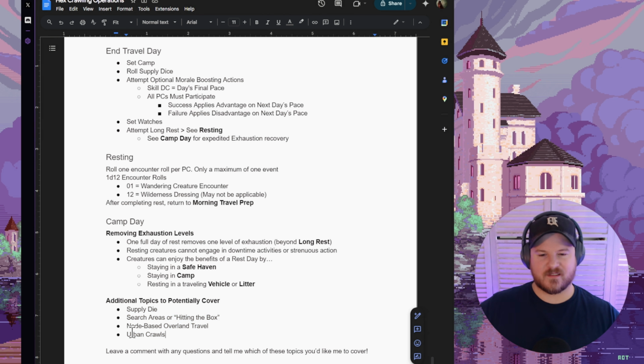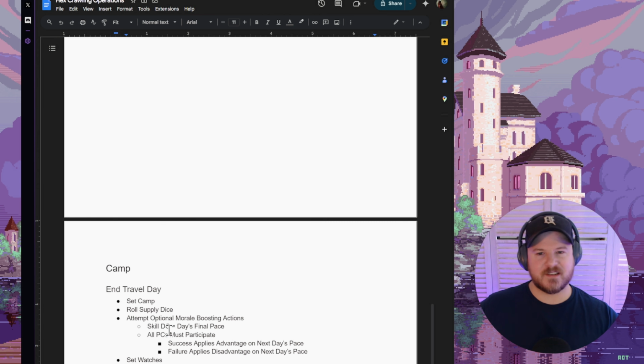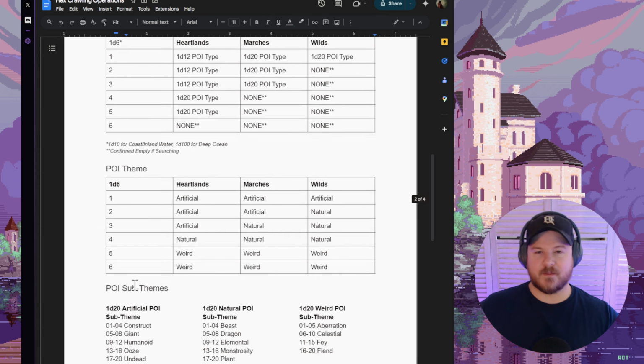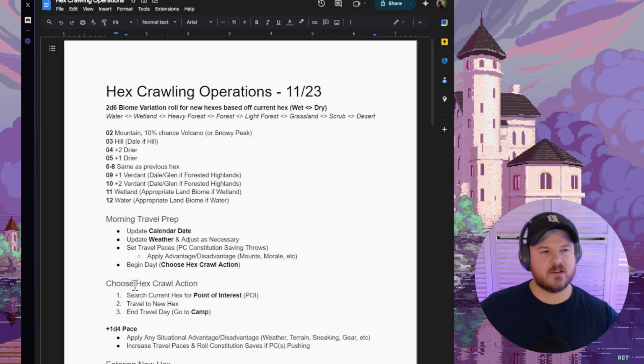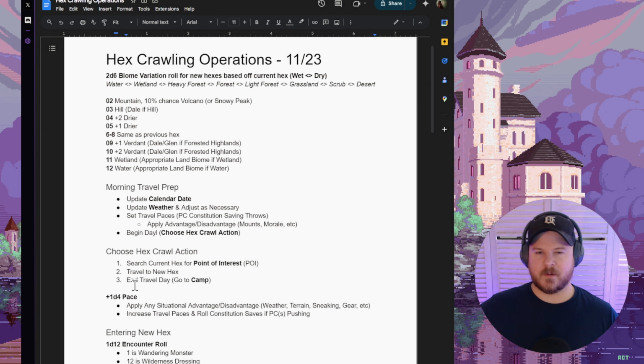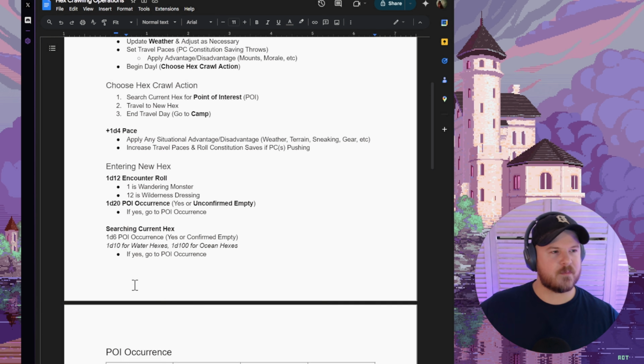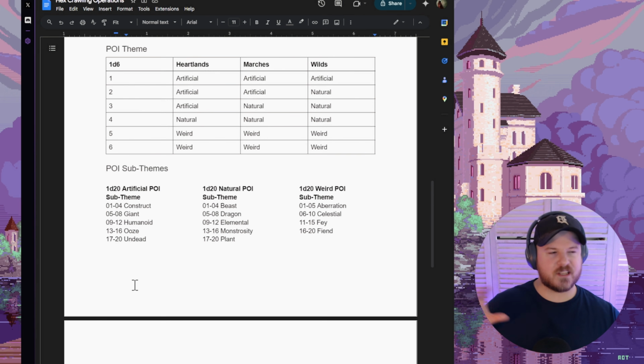And then the last thing that we touched on just barely was urban crawl. So basically taking a very similar structure to this and applying it to moving around the city. In the solo RPG, we do that with Carjunton a little bit. And it's very, very similar here. And using this framework to